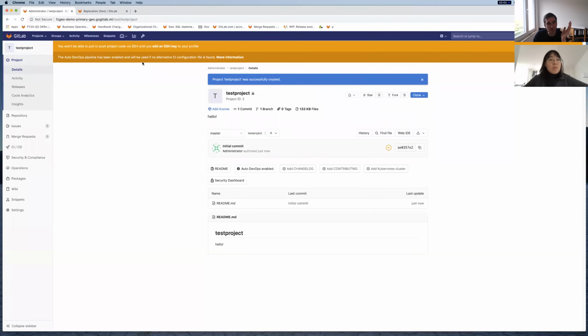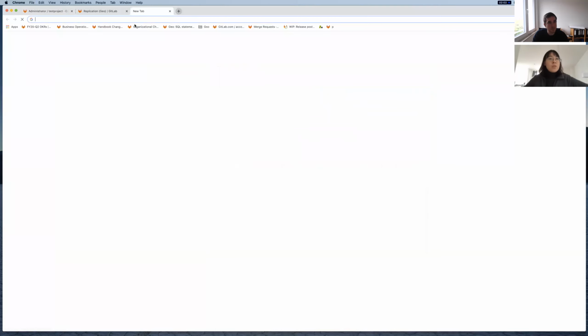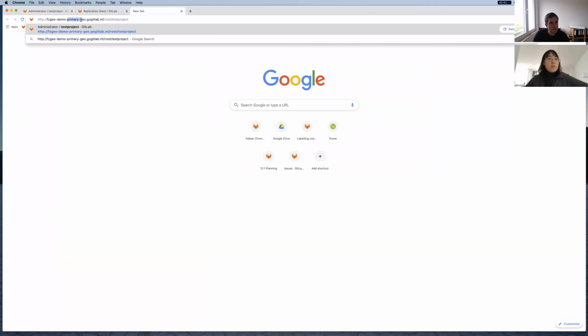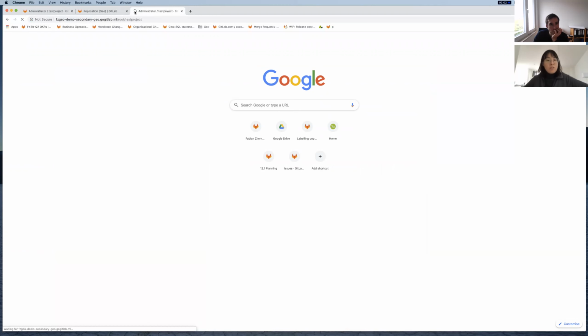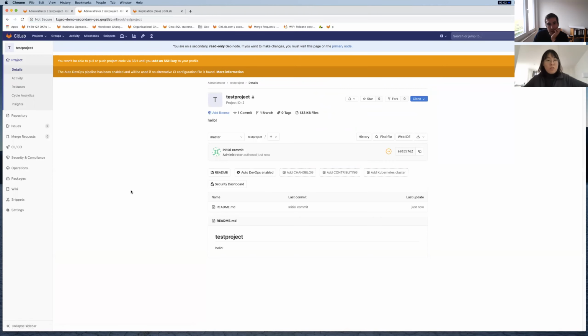And it gives you other notifications. But if I now go to the secondary, you can see this is already here. And that is exactly what happens when you have Geo, right? It already replicated